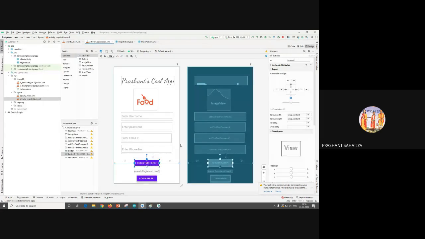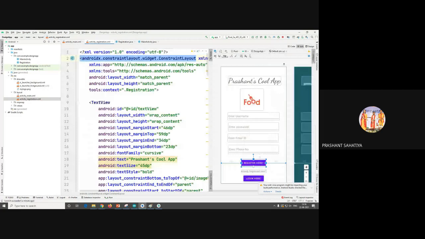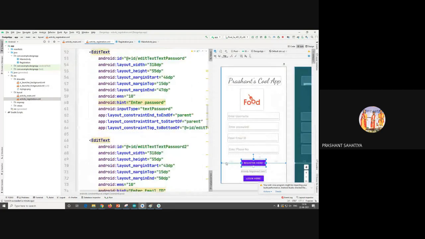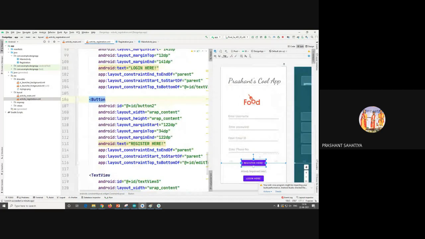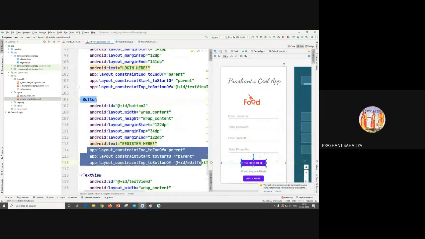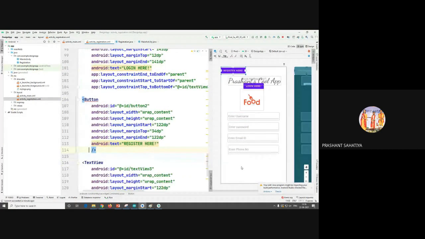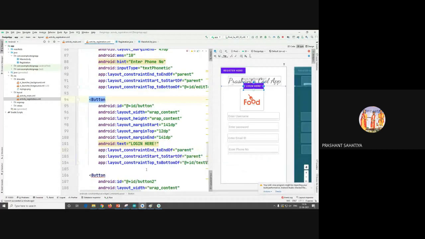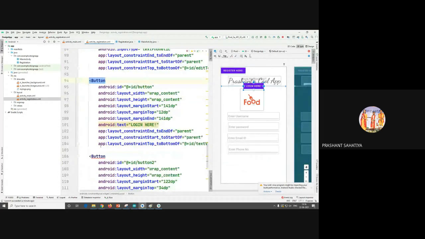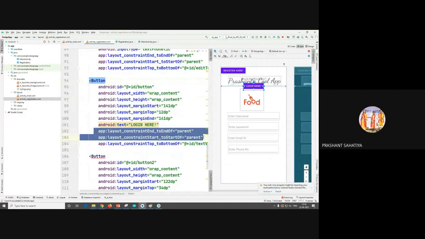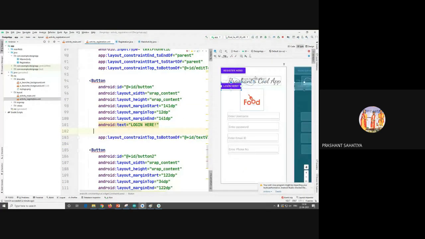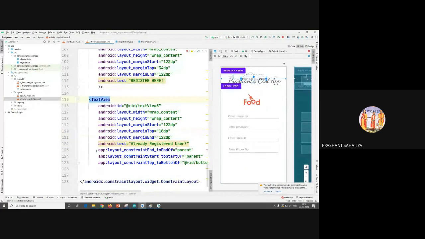So what I'll do, I'll first of all go in the split part. I'll go to this registration button. I'll remove the constraints first of all. Then I'll remove the login constraints.